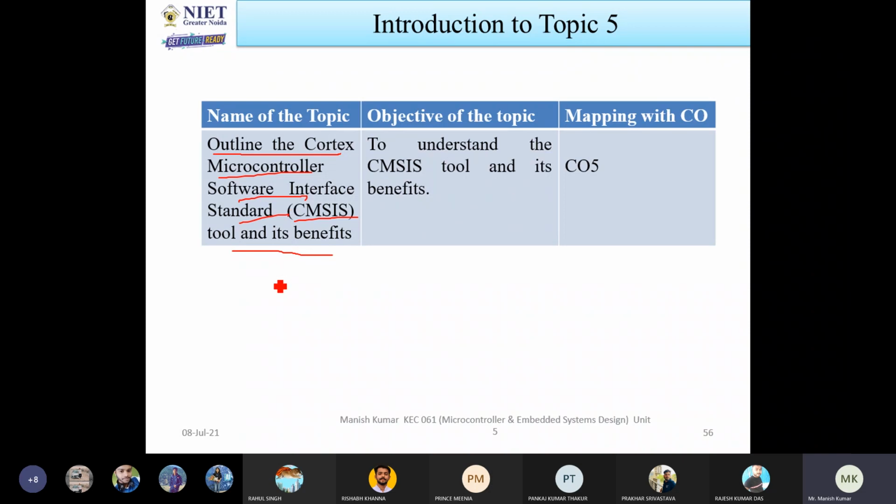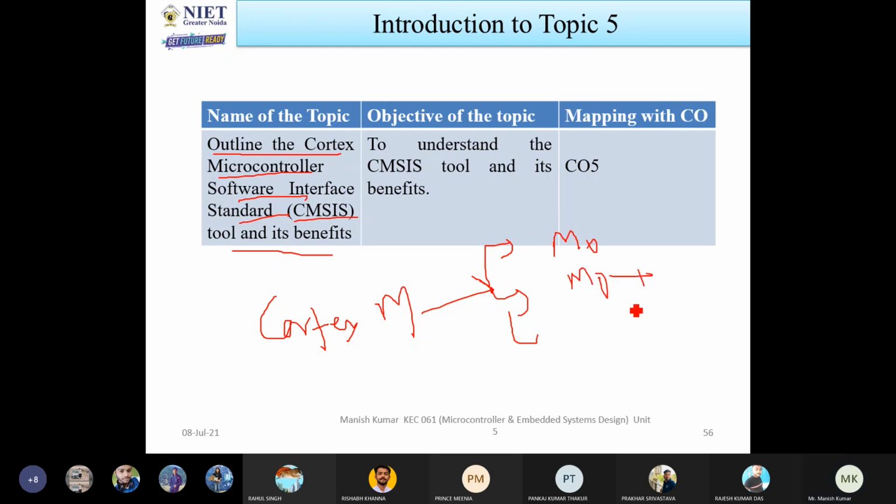It means that if you develop any software for the Cortex M family, in the Cortex M family there are various types of processors available, like M0, M0 plus. If you use CMSIS and have written the program for Cortex M0, then it is also valid for M0 plus. So this is the benefit of CMSIS.